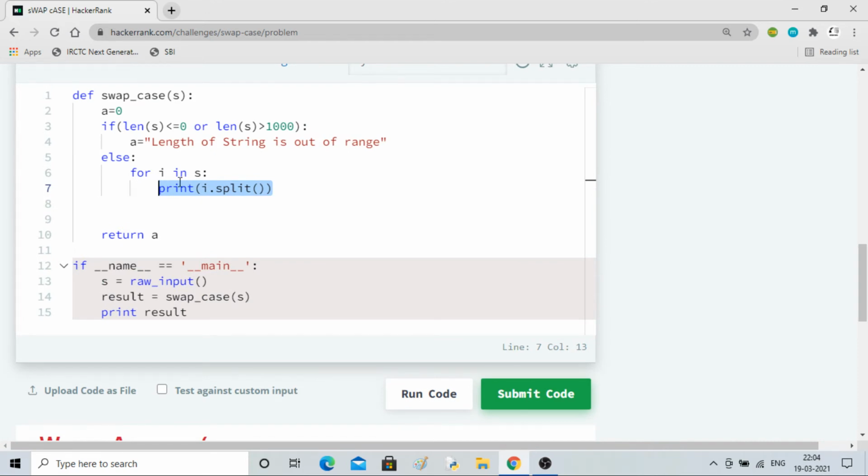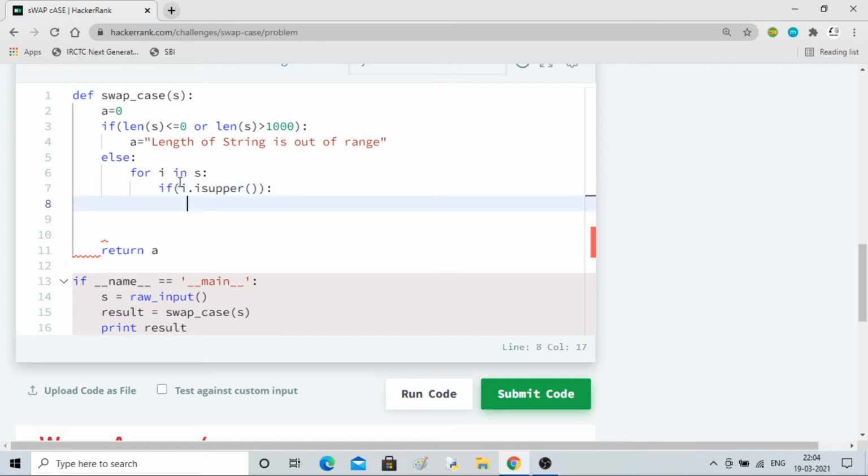Okay, how am I going to check? If, let's say, I dot isupper, which means it will check whether I is uppercase or not. If it is uppercase, then I'll store it somewhere, temporary variable, I dot lower.